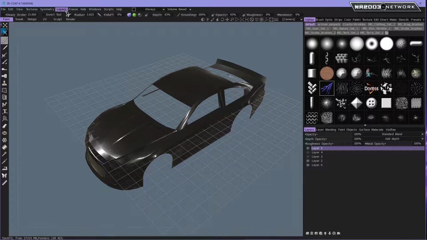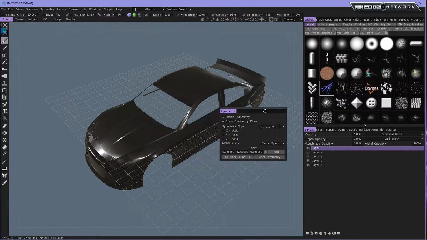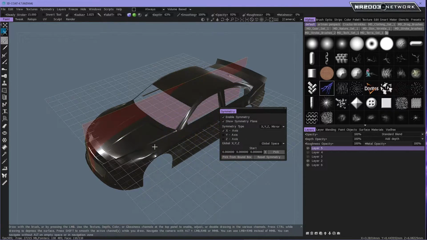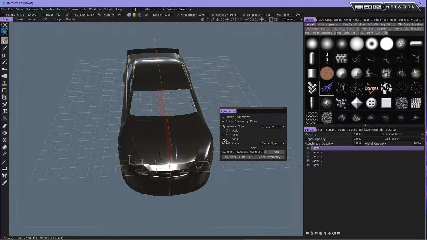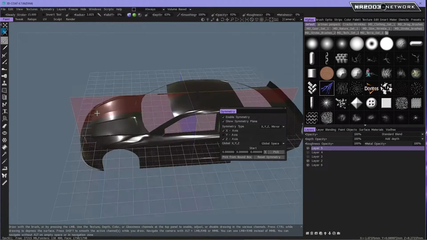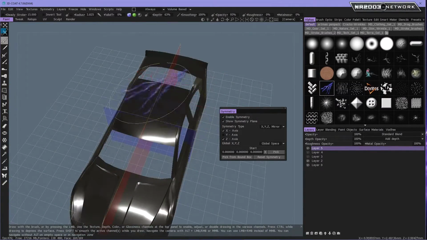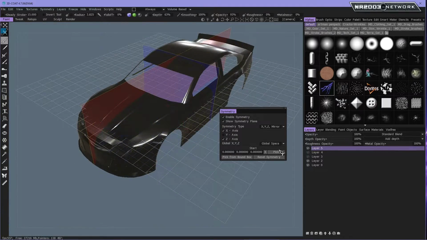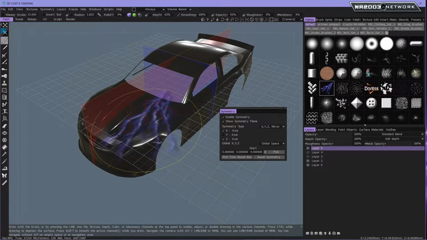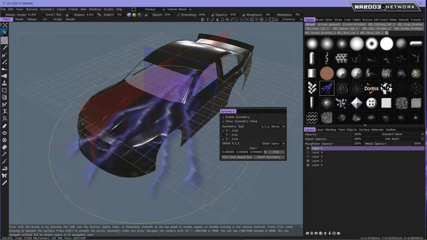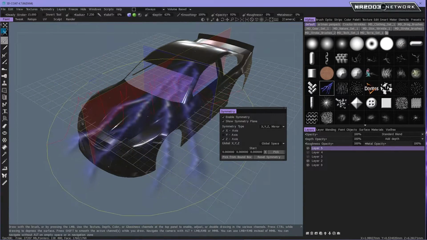I'll just make a new layer. There's symmetry, and you can go here, and we can set our axis. So we want to do X, so left to right. We can even do the Z axis. So now we got front, back, back, and front. So now, if I place a stamp, this is what's really cool. You can make some really cool designs like this. If I place a stamp now,